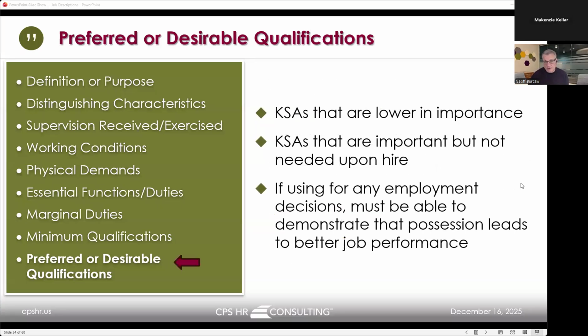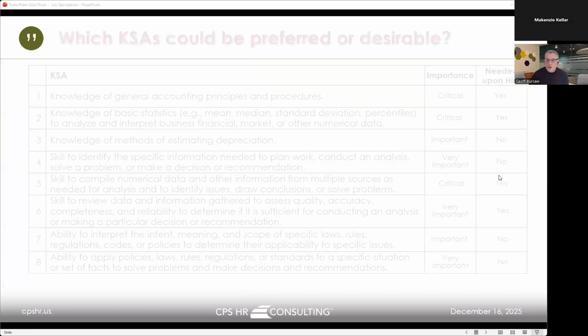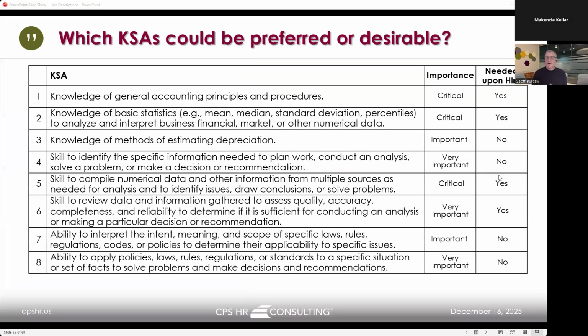So things that maybe aren't as important, not needed upon hire, but it's really, really important that if you're using desirable or preferred qualifications to make employment decisions, so to ultimately decide if you're going to hire someone or not hire someone, you have to be able to demonstrate that having those extra things would actually lead to better job performance. Well, a great way to do that is basing our preferred or desirable qualifications on our job analysis results. So we can see that